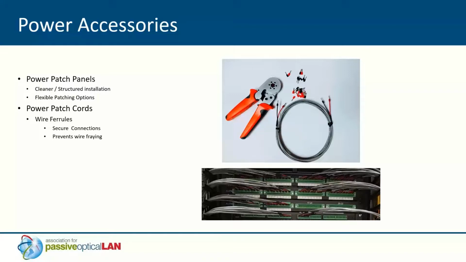And also the use of patch cords, power patch cords, and we like this for flexibility of patching. You can patch different groups to different splitter power supplies. But we also like the ferrule tipped ends, and whether you use a patch cord or not, if you're just connecting straight, we still recommend the use of the ferrule tipped ends. It's a more secure connection in your typical Phoenix or whatever screw type connection that you have for the patch cord or at the end of the ONT, but it also prevents that wire fraying that you see when you screw down the screw on a bare wire. Next slide.